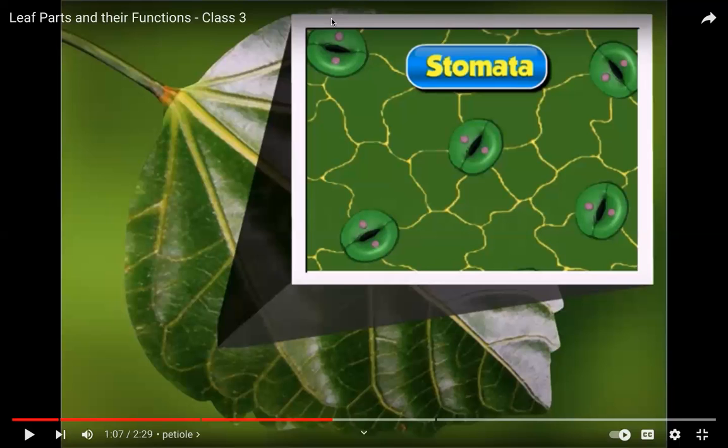The pores that are present on the leaf are called stomata. Stomata help in absorption, absorbing of